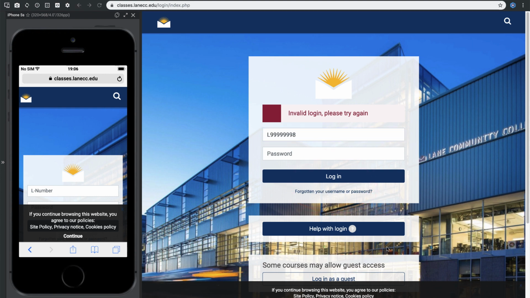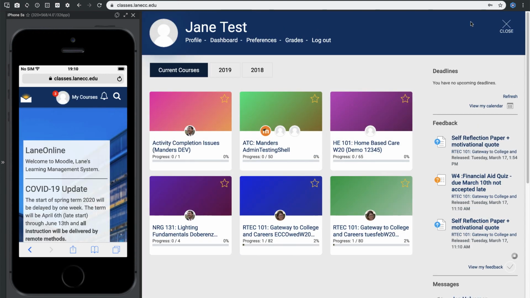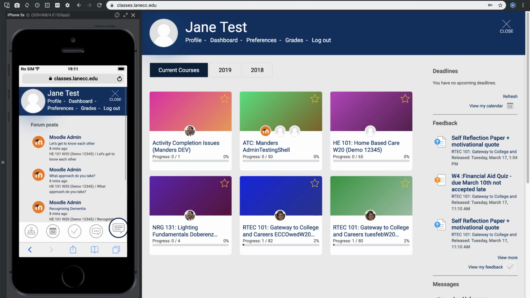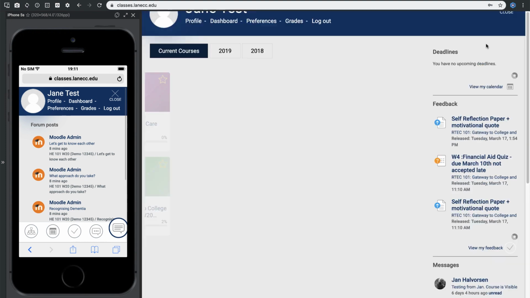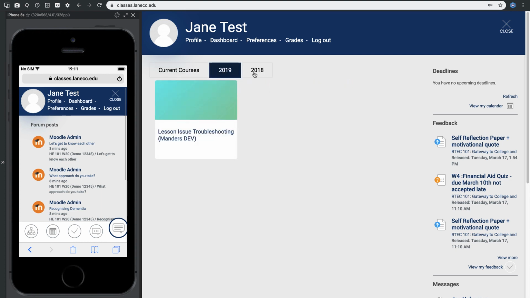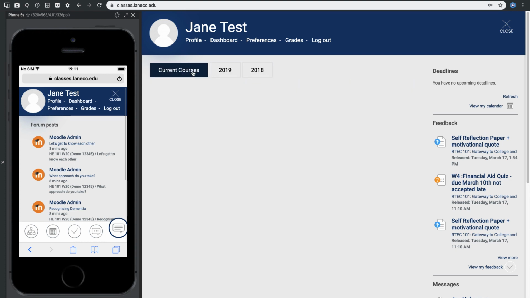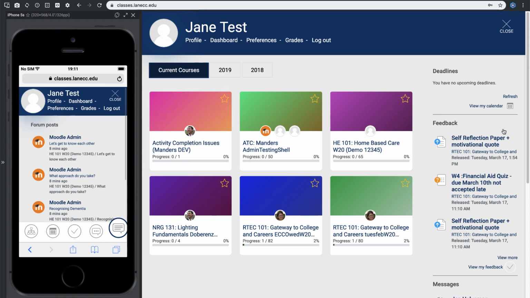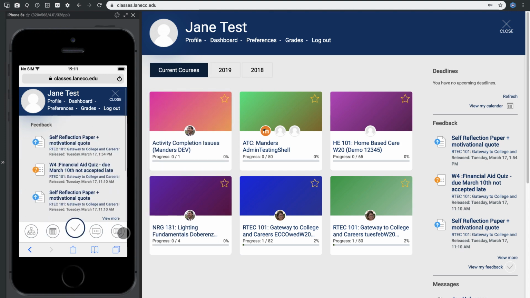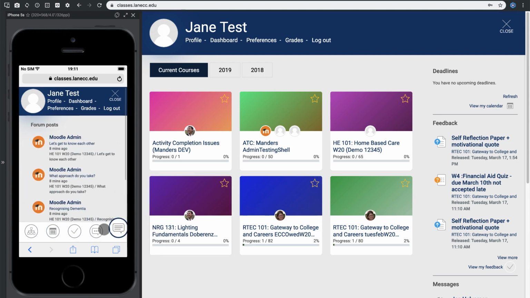Once logged in, Moodle will attempt to bring you to your dashboard page. If your dashboard does not display automatically, click on the My Courses link located next to your user profile image in the upper right-hand corner of the screen. Your dashboard shows you all of the previous and current courses you have access to, as well as a calendar of upcoming activity deadlines, assignments, recent forum posts, and messages.